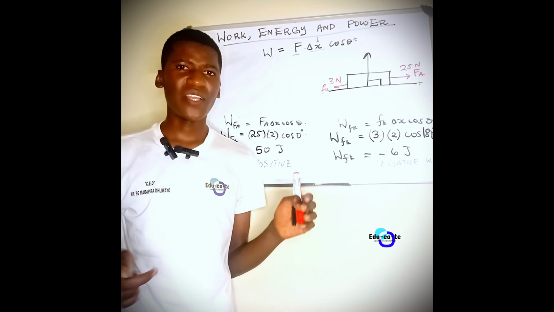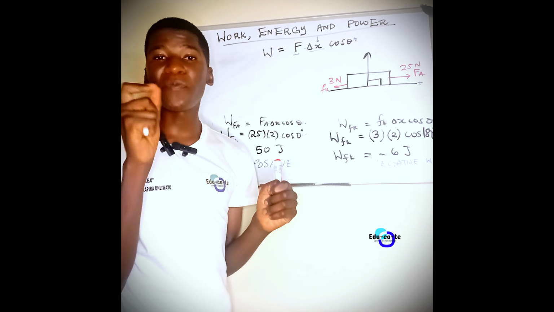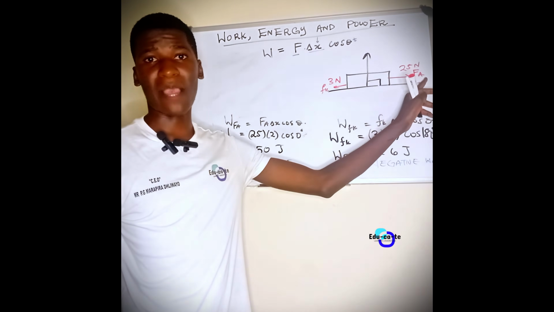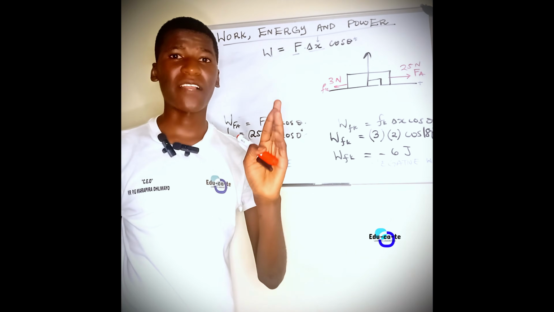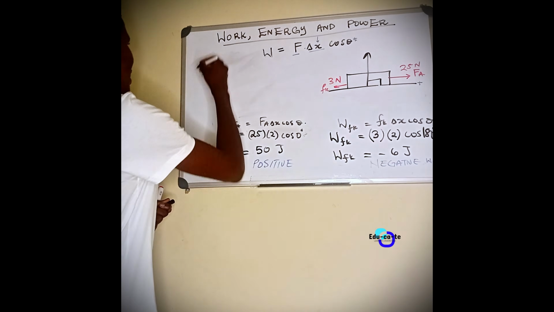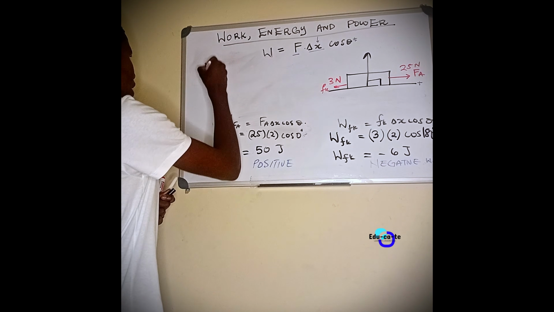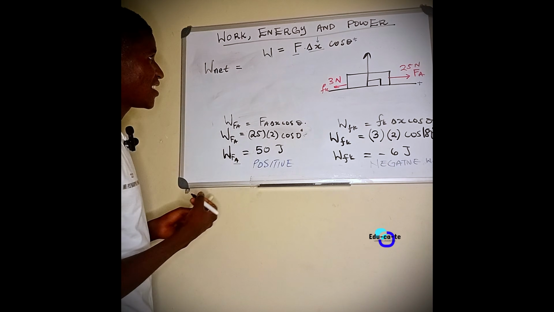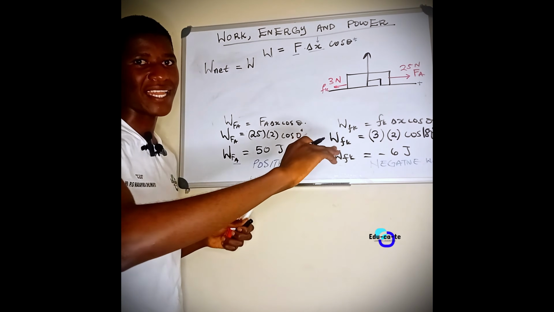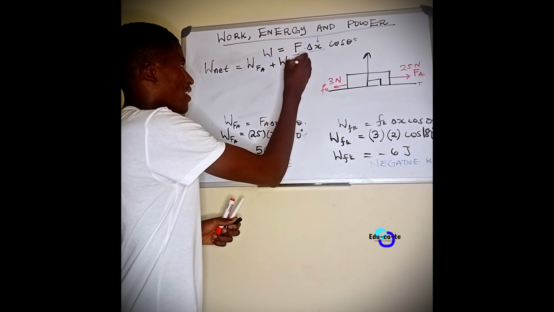So since we've said that we have the applied force and the frictional force being the forces that are contributing the work, for us to find the net work done, we are only going to consider the work done by the applied force as well as the work done by the frictional force. Do not count the normal force and the gravitational force in your expression. So the net work done on an object will be equal to the work done. In this case, we've got only two forces that are horizontal that will do work on the object. So it's the work done by the applied force plus the work done by the frictional force.